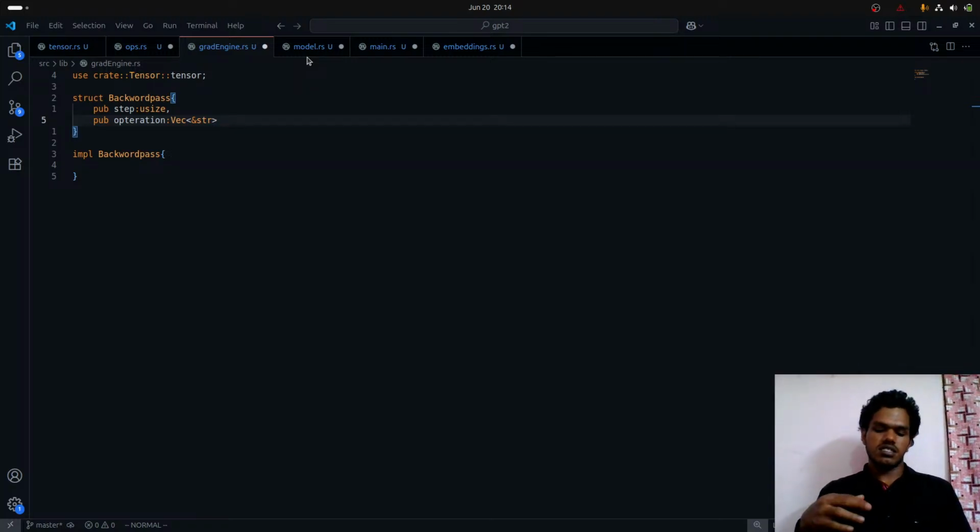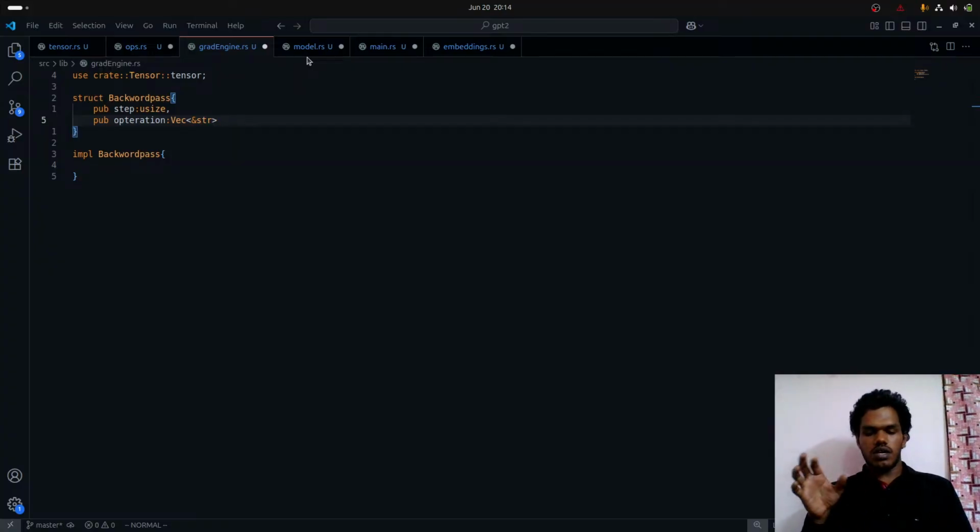Without that you cannot learn anything; any model is just a skeleton. The grad engine is the actual process of tuning the parameters for specific use cases or a specific data set. That's where the real learning happens. I would say it's much more complex than implementing the model architecture,